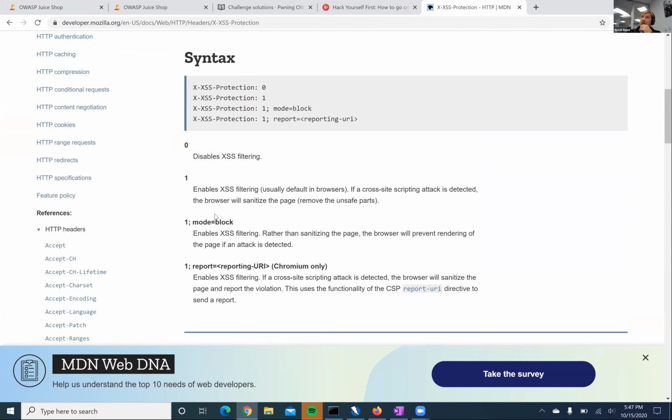Well, there's a native mechanism in place called cross-origin resource sharing protection, CORS protection, and that's built in by default as well.